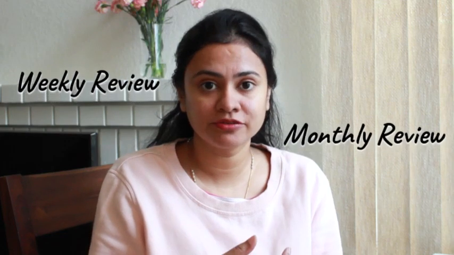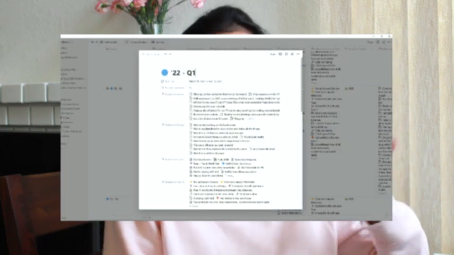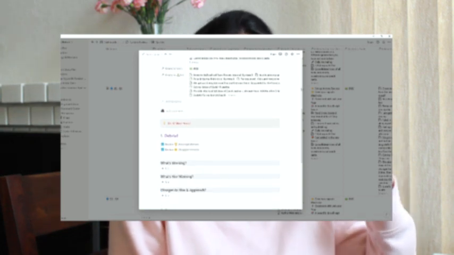My quarterly review page is opened up here on my desk. How I go through my quarterly review is, first I finish the weekly review, then I go through my monthly review, and because I've done this every week, every month for the first quarter, my quarterly review page is already populated. And because I've been doing monthly reviews, I don't have to necessarily focus on the nitty-gritty of things in the quarterly view.